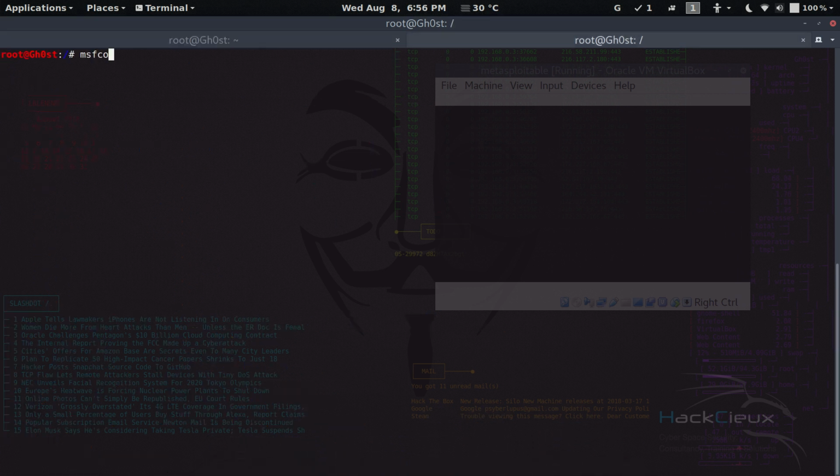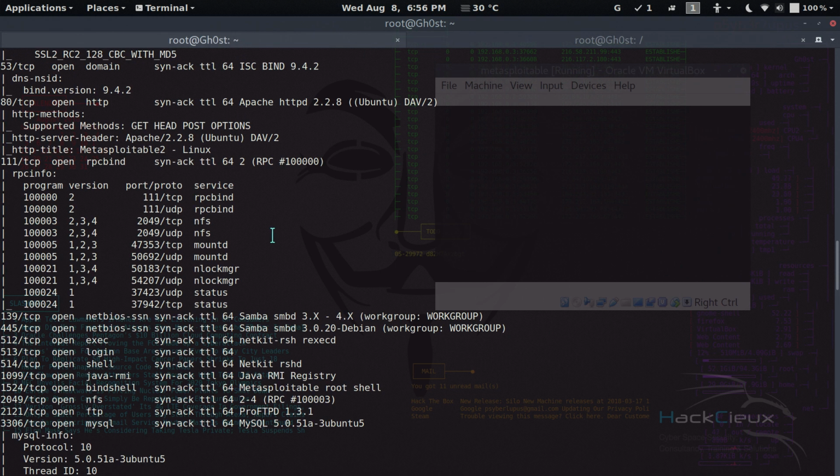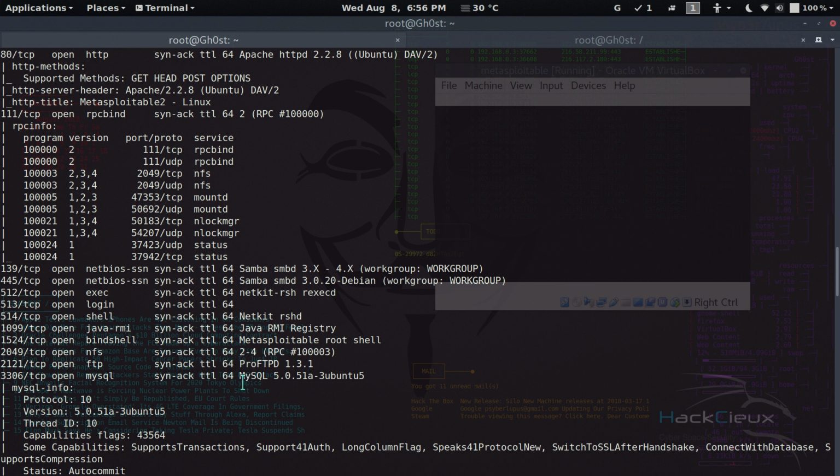So this is the same thing you do when you search in Metasploit in order to find an exploit. So apart from that, doing this is quicker. So now we'll wait for Metasploitable to load up,